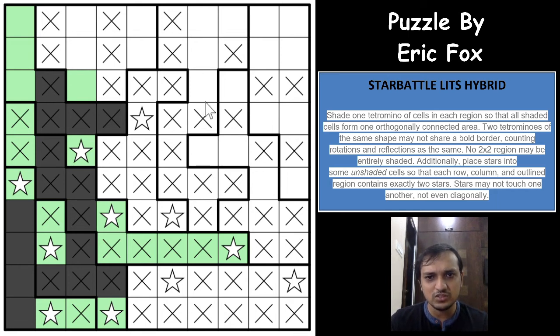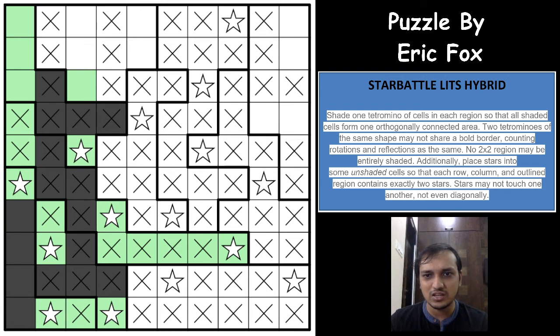And now if you see this region, it has exactly 4 places, which means this has to be a star, this won't be a star, this would be a star in this region, this won't be, this would be a star, this won't be a star now, and this is not a star, this would be a star. Superb. And now one of these two cells will be a star and this is a star, so this can be cancelled out, this would be a star now.